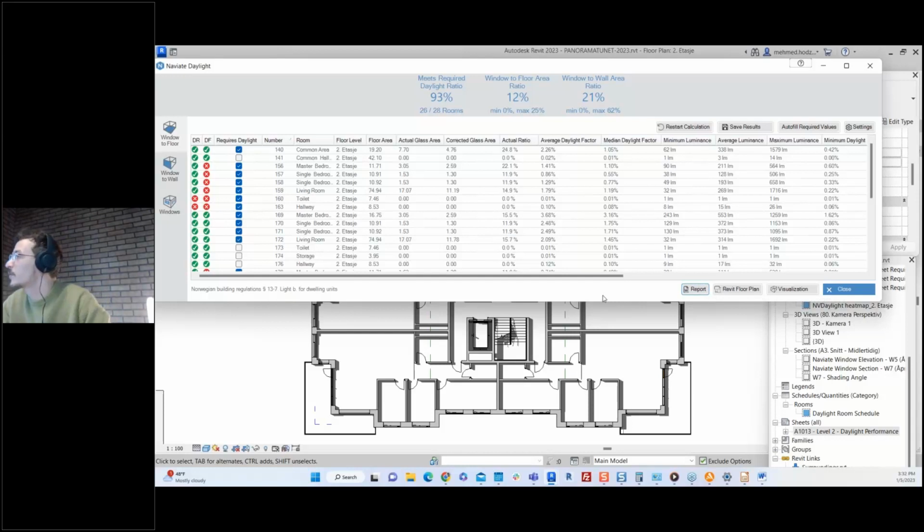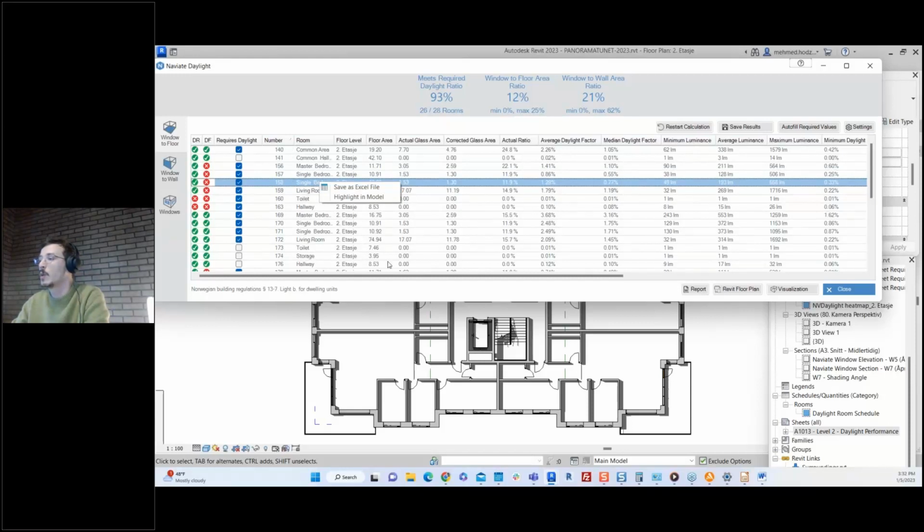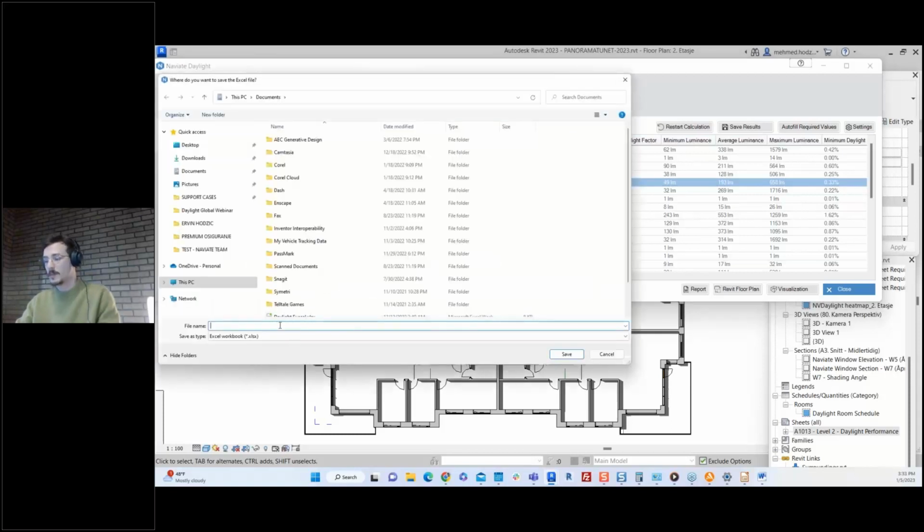So that is report functionality number two. Number three is a common use case: this kind of data you want to have in an Excel file. You can do that also with Naviate Daylight, simply by right-clicking anywhere in this review, you can save as an Excel file, and I can do that right away. Level 2 performance,